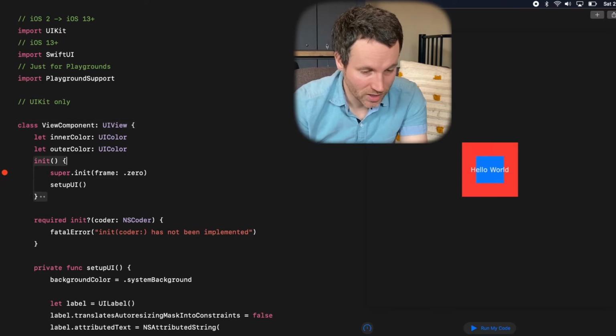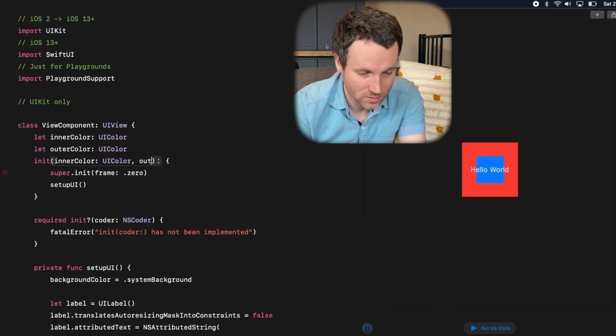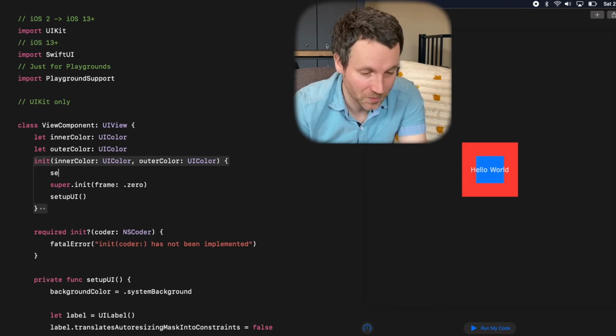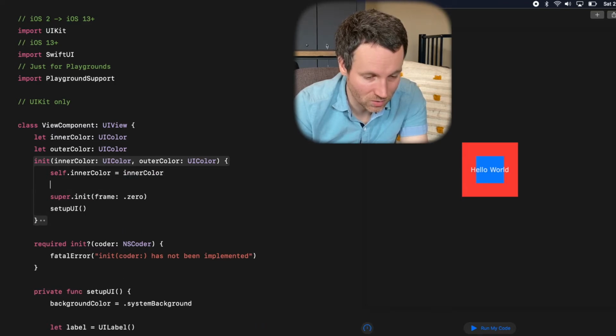Then we have to make our own constructor, okay? And because we're dealing with classes and we have this super init that we have to do, we actually have to set our properties here first,